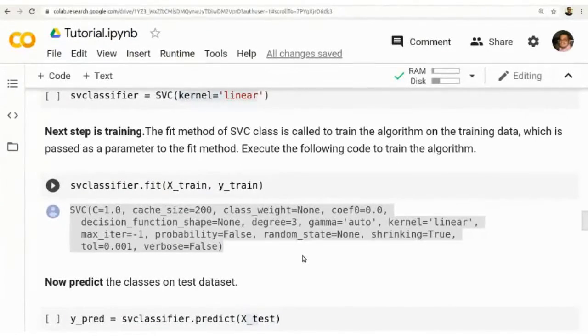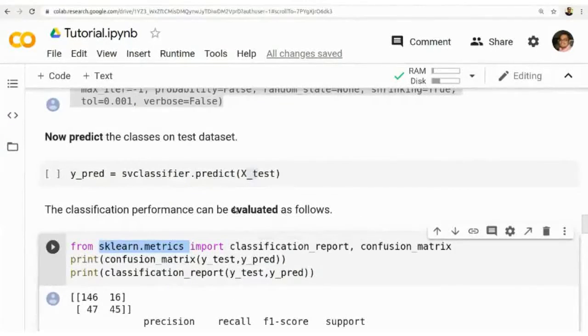So you are taking the data. First step is load the data, pre-process the data, split the data into training and testing data sets. Then take a model. Here it is SVC. Specify the kernel, whatever parameters are required for the support vector machine. Then fit the model on this data. So you will get a trained model. Using that trained model, you make the prediction using test data. Clear? So these are the steps that are implemented here.